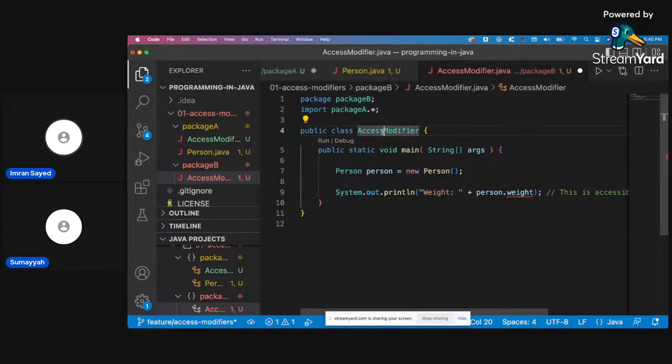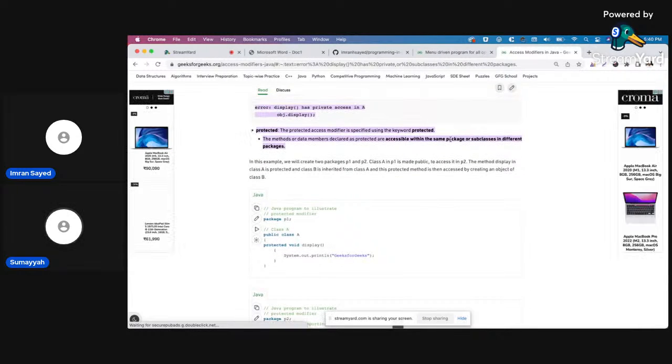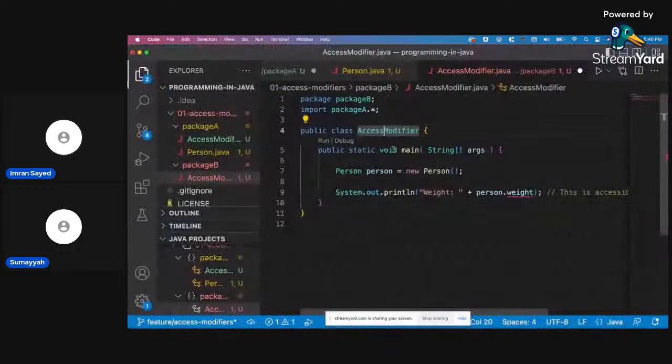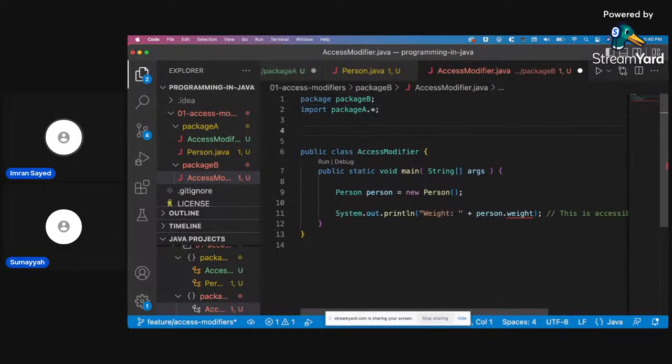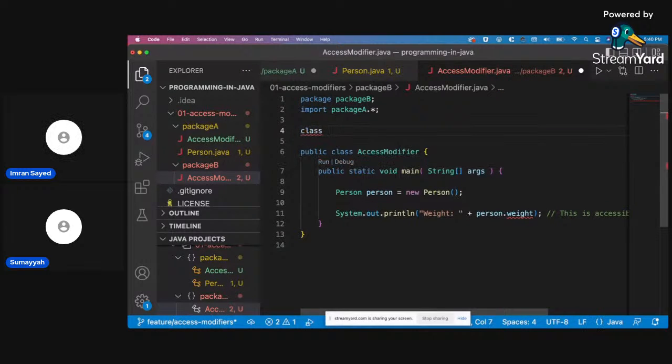Am I supposed to extend it? Yes, it's only visible in subclasses. Correct. So I have to extend it. To extend it, I'll say class, new person, or maybe what should I go with? Student